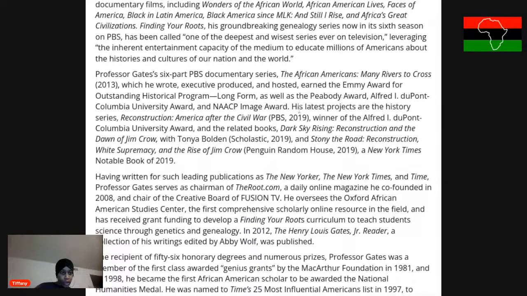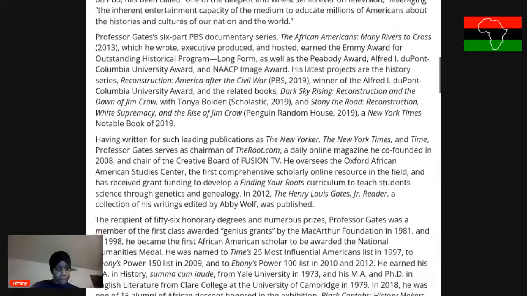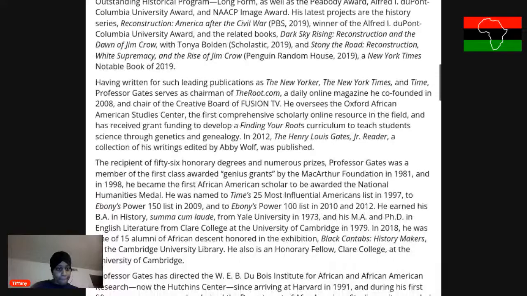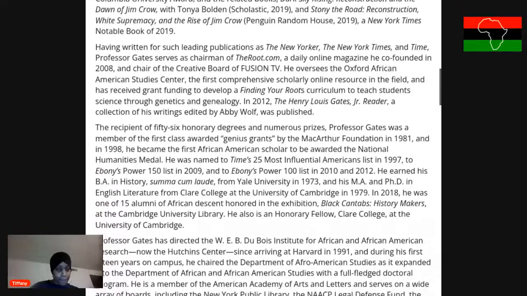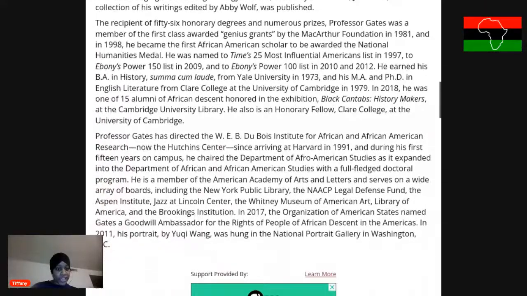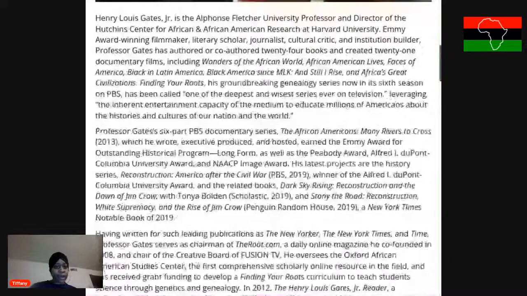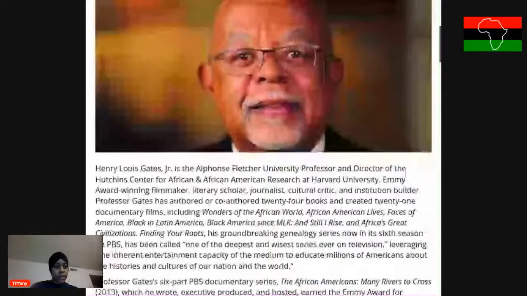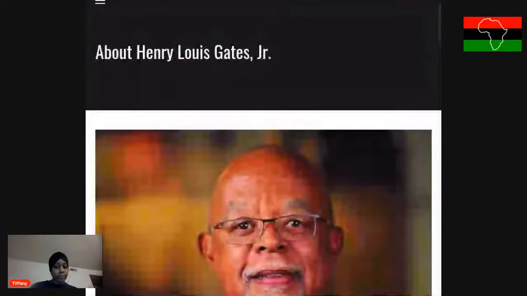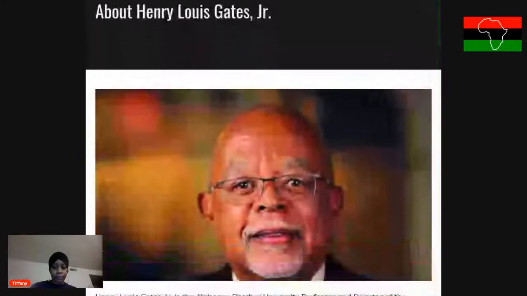Then he has the one called Reconstruction: America After the Civil War. Then he just came out with one back in 2020, I believe. It was called Black Churches. All right, so I would recommend you guys look him up, Dr. Henry Louis Gates, and then